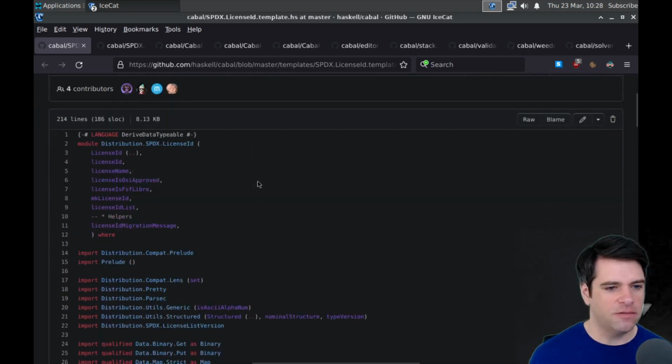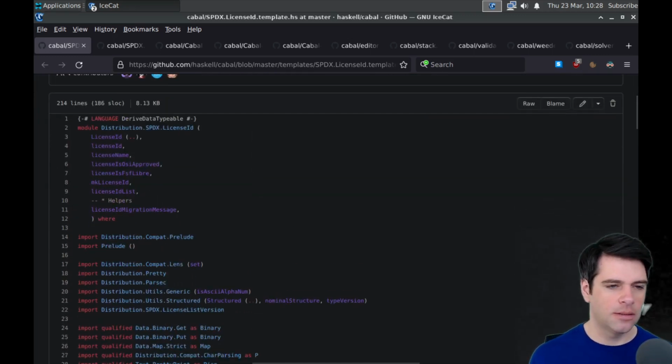And this is a Haskell file and not a C header. And we're going to explore things like license is FSF Libre, license is OSI approved, make license ID list, license ID migration message.